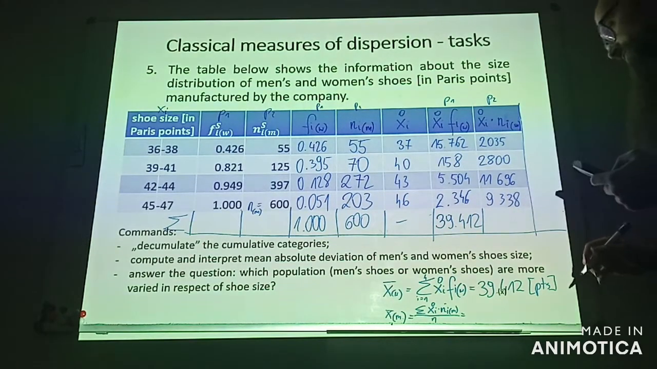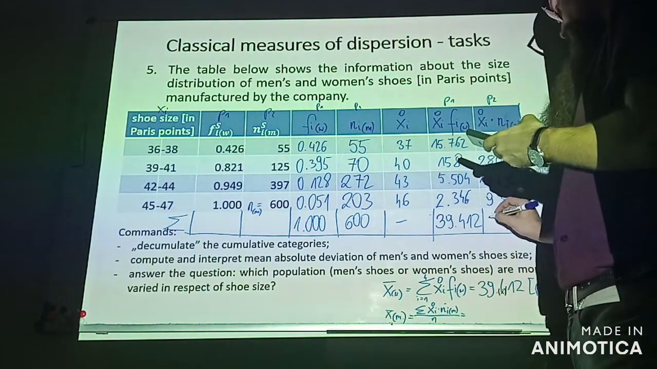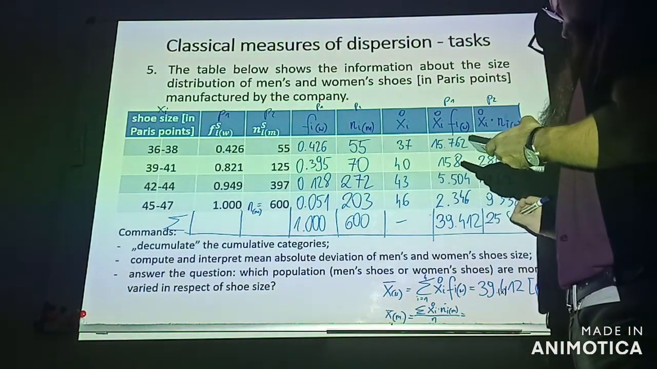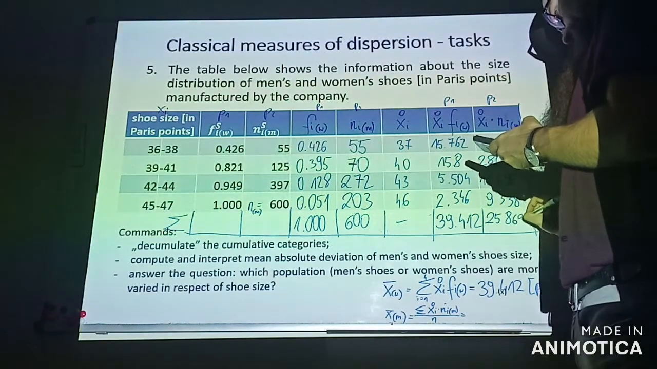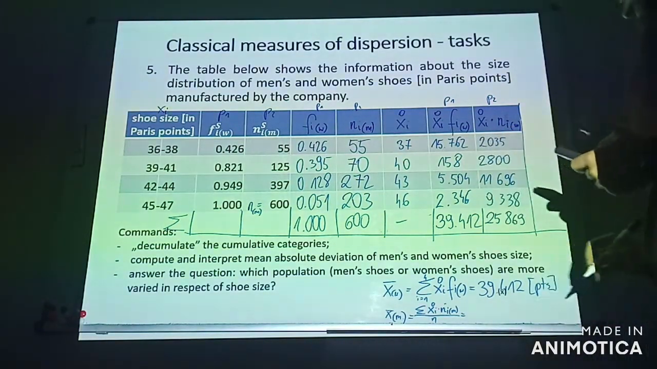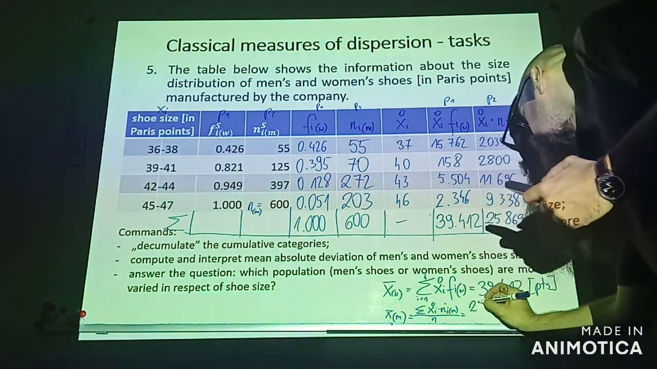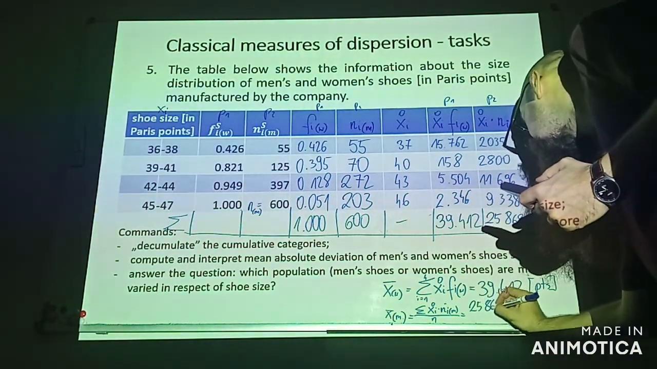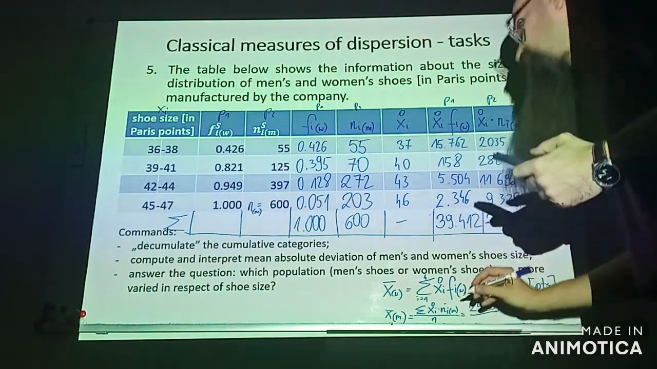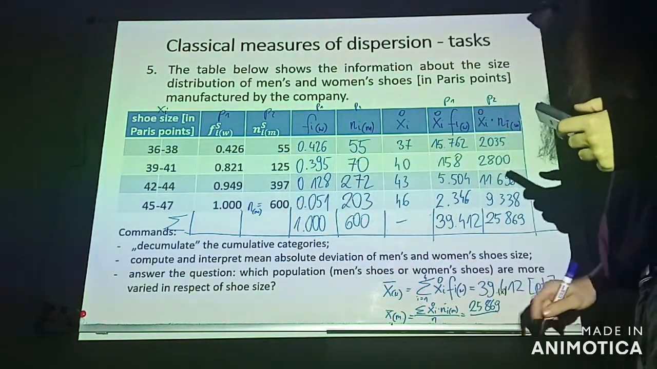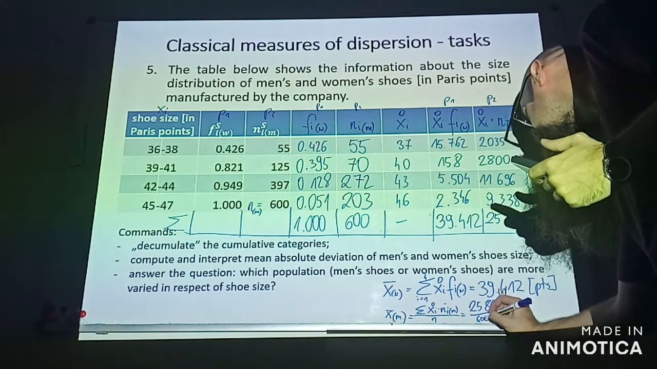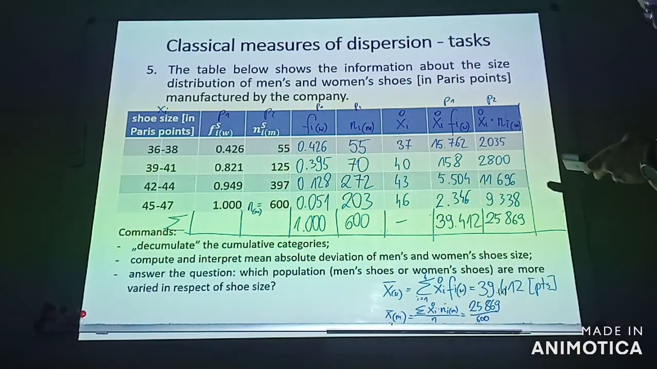And the sum of that column is equal exactly to 25,869. So this is my partial result. 25,869 divided by the population size. The population size is 600. I divide this number by 600, and